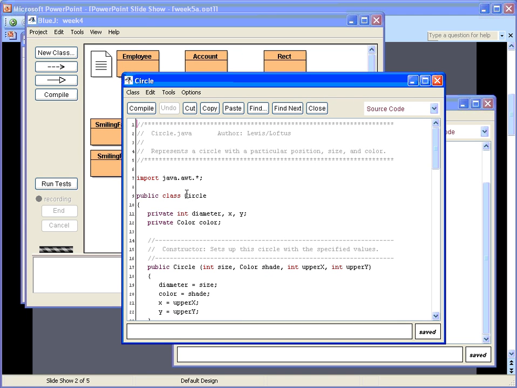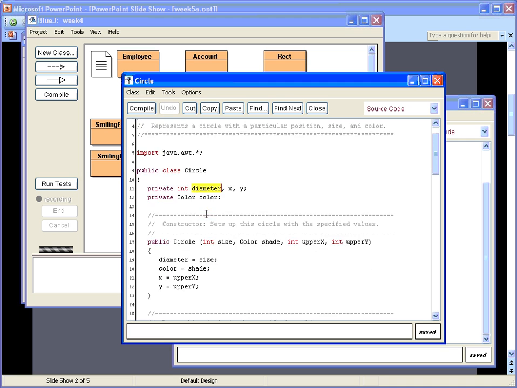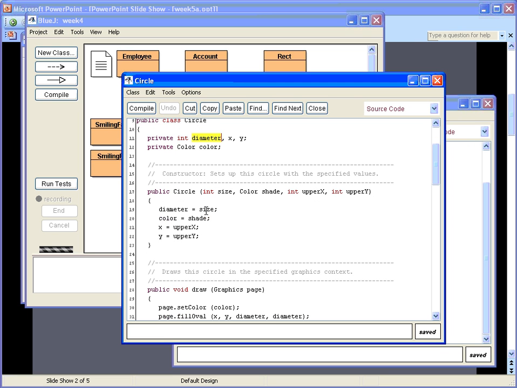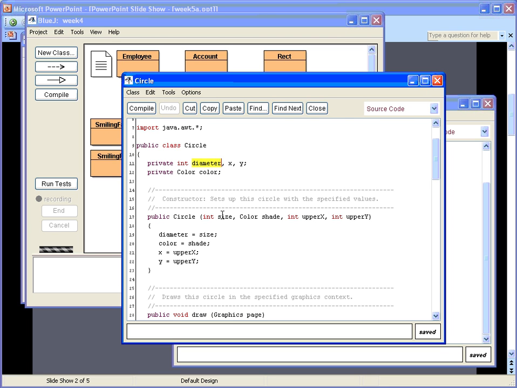It's just something that contains a diameter, so an X and Y, and the diameter that pretty much determines a circle, right, where it's positioned and how big it is, and then also a color. And then in the constructor, you can pass the size, which goes into diameter, and the color, and upper X